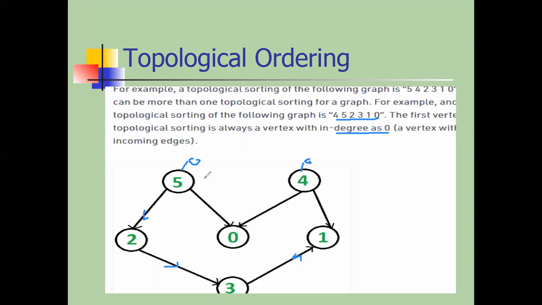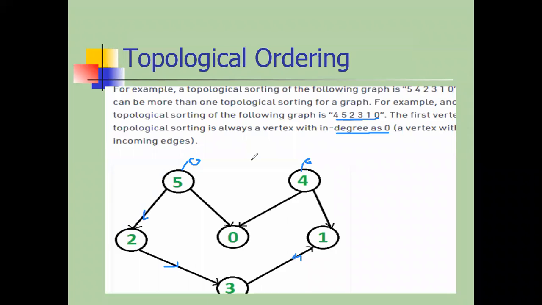This is a directed acyclic graph. The important part is that the first vertex's in-degree should be 0, because there is no node before it. After that, any edge that comes should follow the direction. So we cannot change the order here. The order given is the order in which we have to traverse. We can say this is 4, then 5, then 2, then 3, and 1 and then 0. This is the concept of ordering, so it is used for maintaining the order of data. I hope you're clear now.